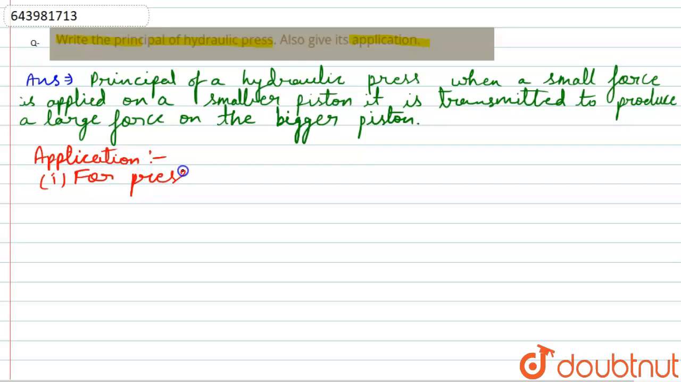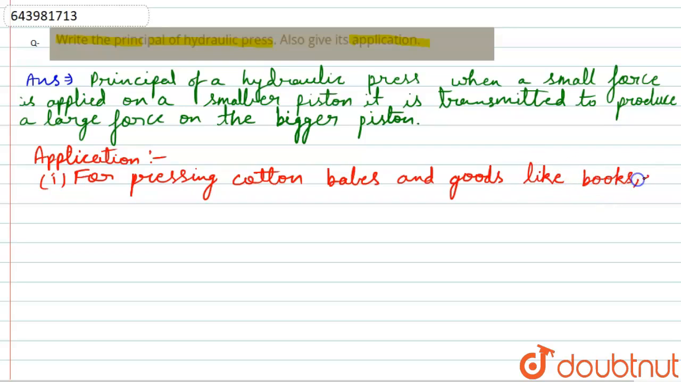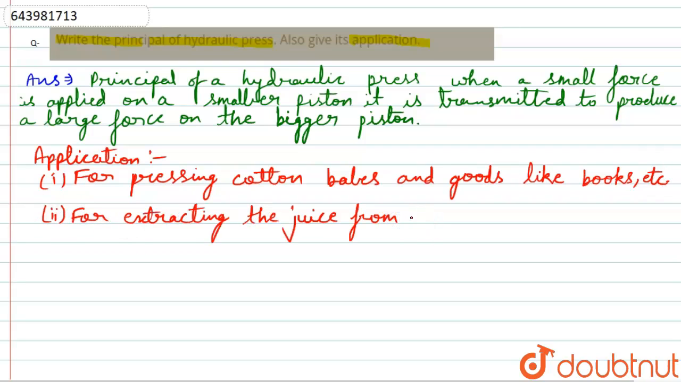for pressing cotton bales and goods like books, etc. Second, for extracting the juice from sugarcane, sugar beet,